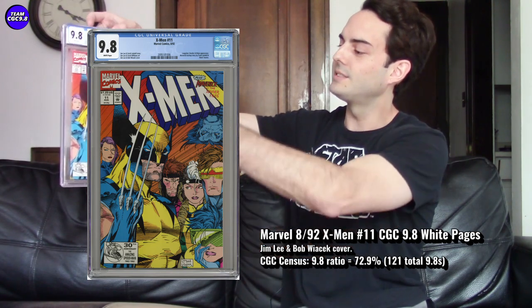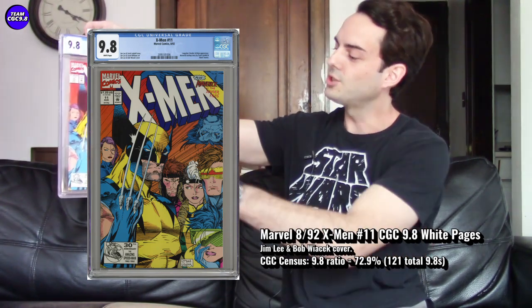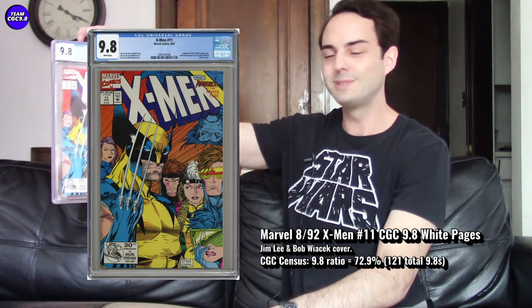Yeah, such a great cover by Jim Lee and Bob Wiacek on this one. I really like it because, you know, Wolverine looks amazing, but you got the whole team on the cover, and it's kind of like the new team because you got like Jubilee and Gambit and Rogue on the team as well, and Psylocke even here. So really kind of the full team on the cover, and I really like that. Plus, I'm a huge Jim Lee fan, so kind of made sense for me to add this one as well